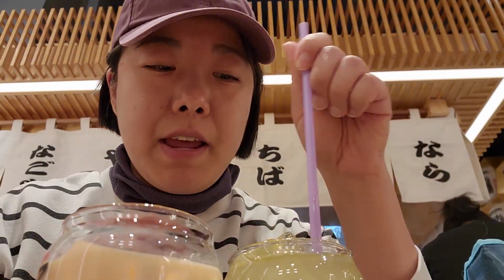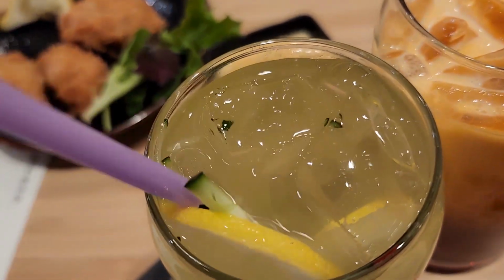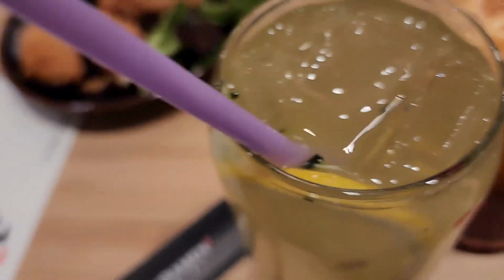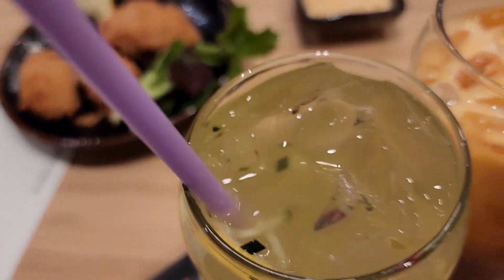Oh, the lemonade, somehow they have cucumber here too. And also some herbs maybe. I think just cucumbers, all cucumber. Actually the lemonade is very different. Not just a lemon with a